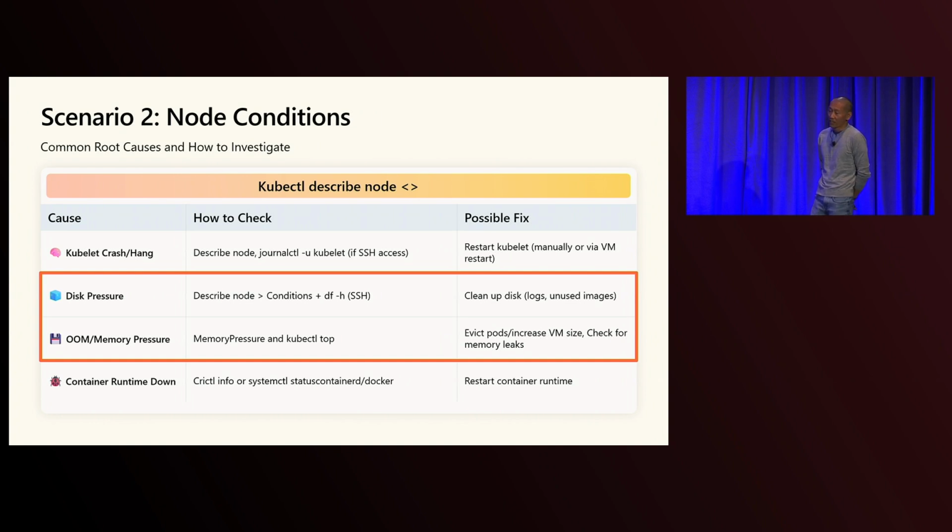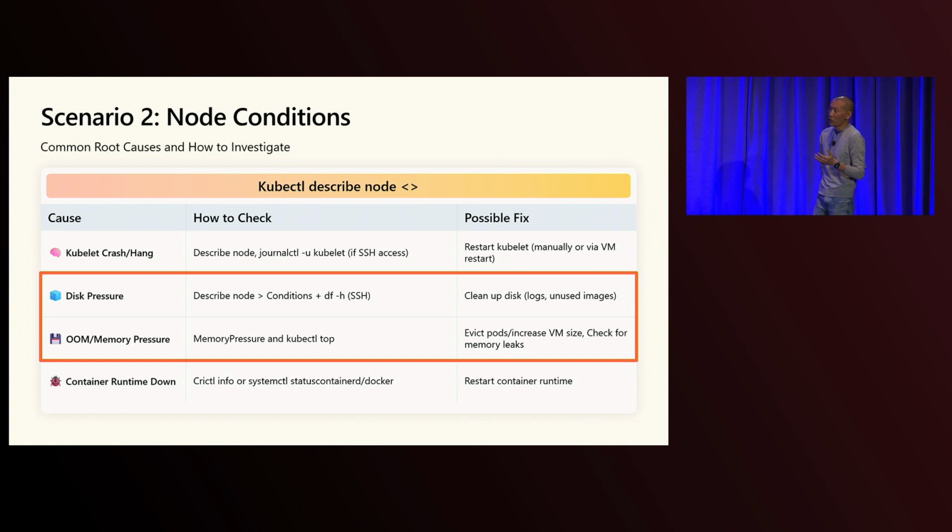One of the common failures is garbage collection, container image garbage collection not being able to run. Now, that's not always going to be the problem that you encounter. So sometimes you'll have to dig a little bit deeper. You might have to do kubectl node shell or even SSH to the node to get more information about what's consuming all the storage. So you might have to jump on there, run du, df, several utilities to understand what's going on.